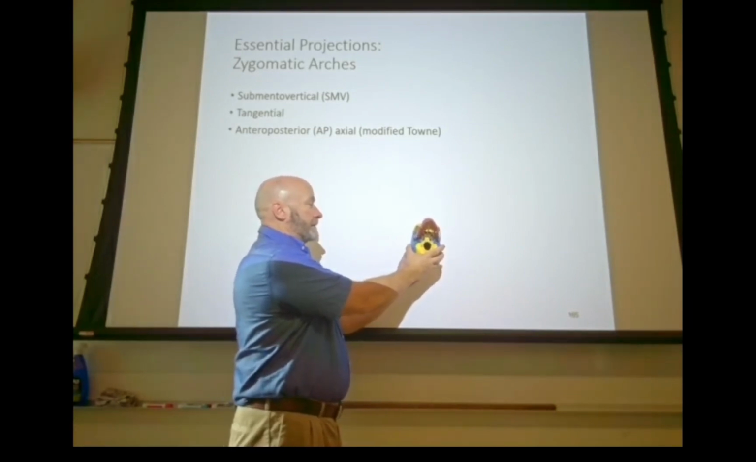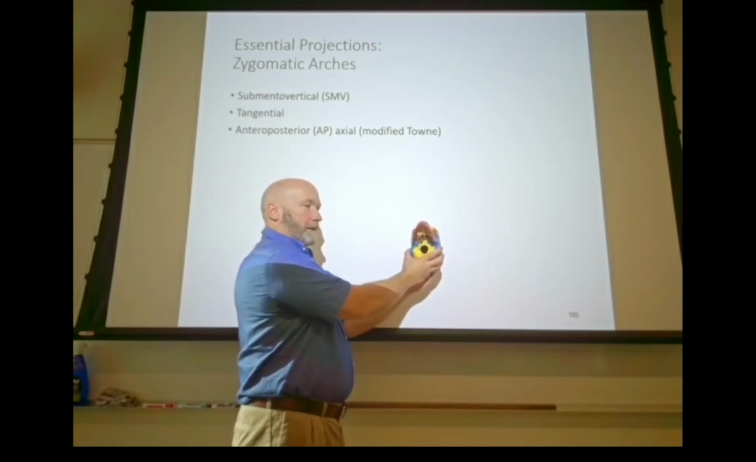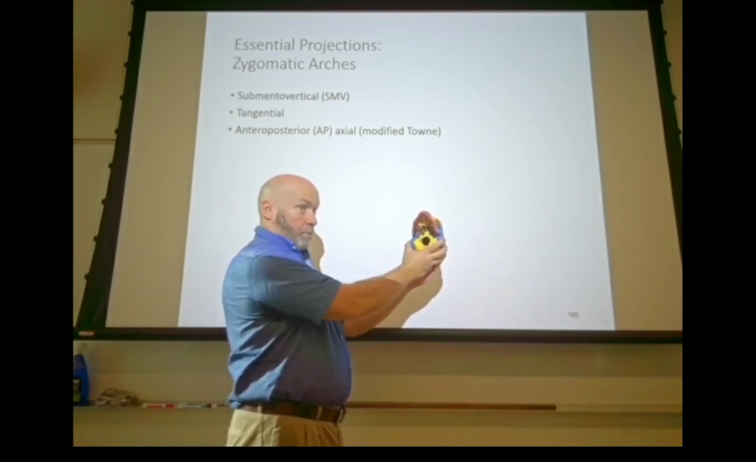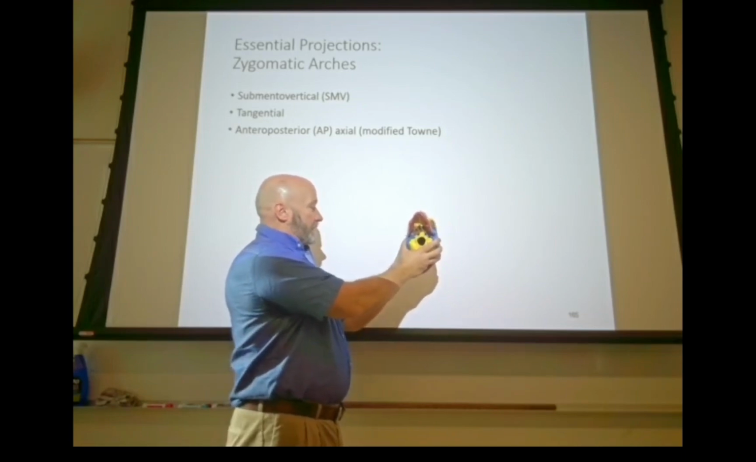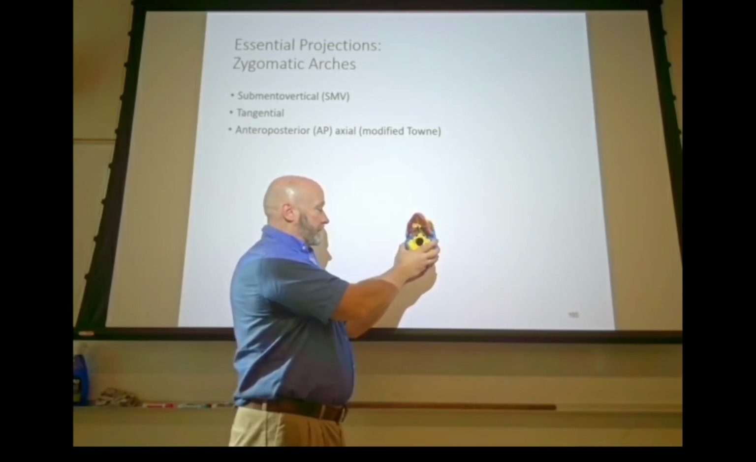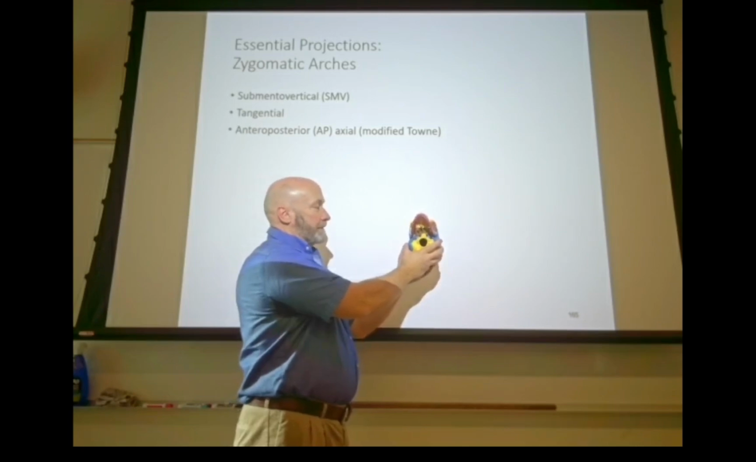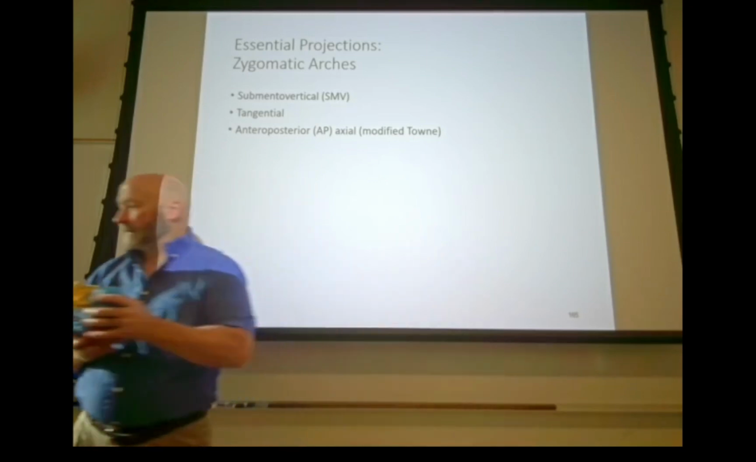As I tilt this patient's mid-sagittal plane towards the side of interest, now I can see just one of our zygomatic arches. So the one that's going to show is the side that the face is tilted more towards the image receptor. So if I'm interested in the right, then I'm going to tilt the top of the head to the left. Okay, and I make that distinction